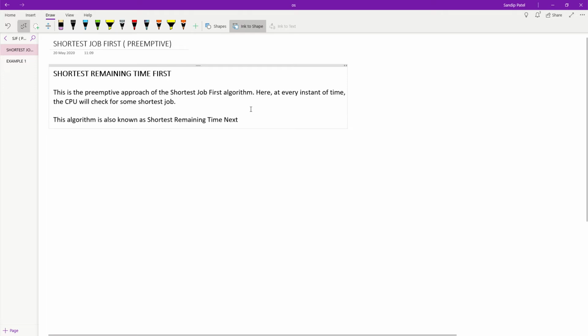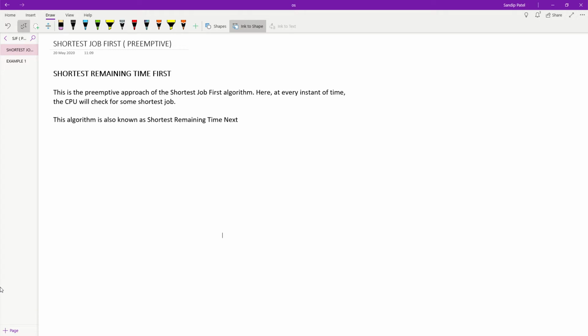So here at every instant of time the CPU will check for the shortest job. At every instance of time, either at every 1 millisecond or maybe every 2 millisecond, your CPU will check whether any new process arrives into the ready queue, and if the newly arrived process has less job timing than the currently running process, the running process will be preempted.